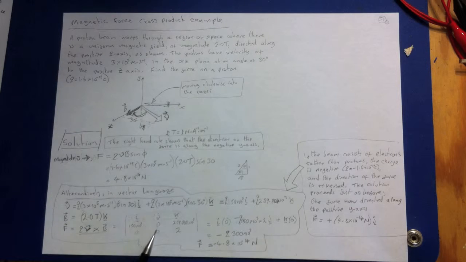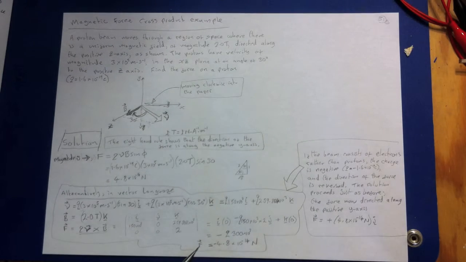For the j component we put a ring around the j and around this, so that's that times that, 2 times 150 times 10 to the 3, minus that times 0, so it's just j times 2 times 150. The k is 0, and we know that it's Q. We plug in Q here, multiply it out,